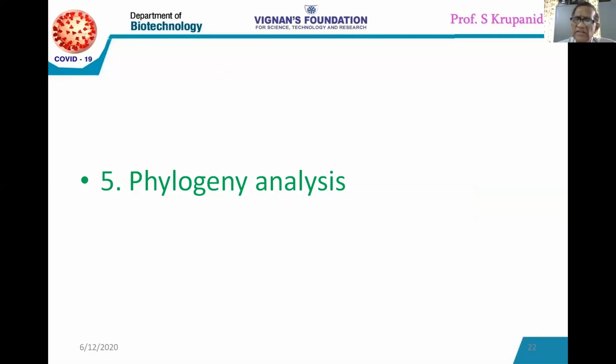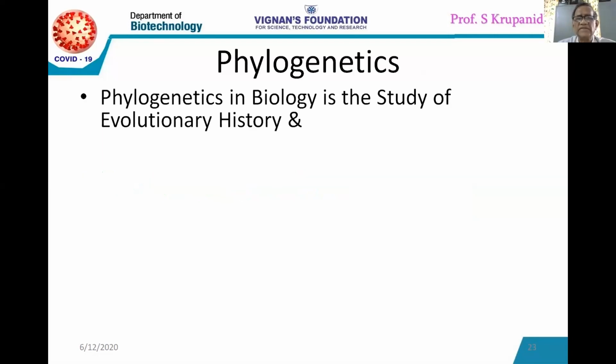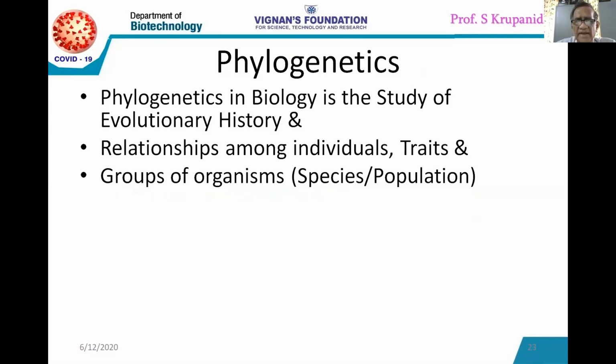As a result, the phylogeny provides a phylogenetic tree. The phylogenetic tree is a model, a diagram that delineates the evolutionary affinities. Those are the things we are going to discuss. Now let me tell you what are the works that I have done in relation to the phylogeny of novel coronavirus. Phylogenetics in biology is the study of evolutionary history and relationships among individuals, traits, and groups of organisms. See, I'm telling you about the traits, not only the taxa, even the traits we can work out. That is metallic proteins, evolution of metallic proteins we can speak here.